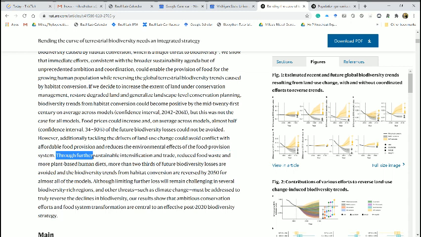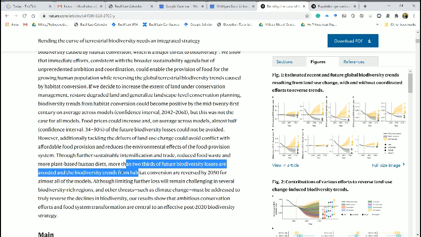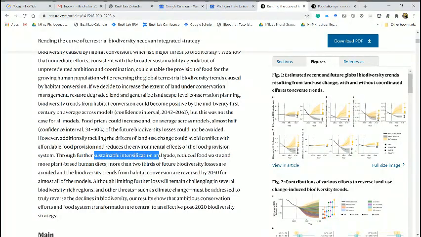So here the authors write that we can avoid 2/3 of future biodiversity losses and reverse biodiversity trends by the year 2050 if we intensify trade, reduce food waste, and switch to having more plant-based human diets, which are widely thought to be